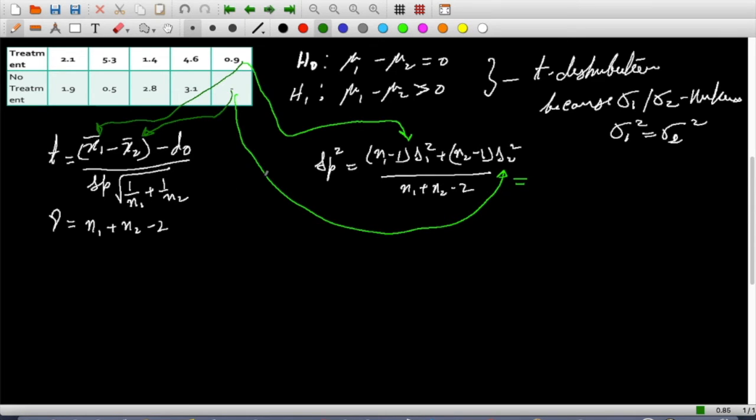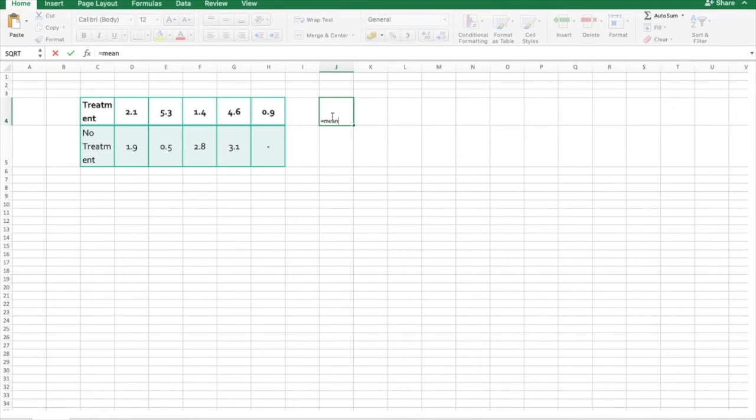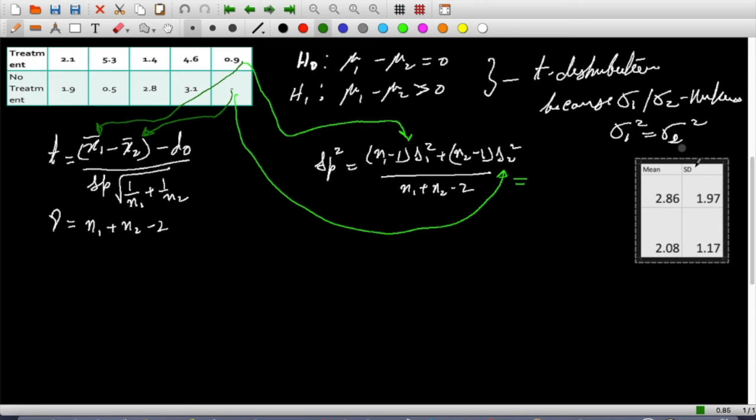We can see from the Excel. These are our values for sample 1 and sample 2. We can write it as